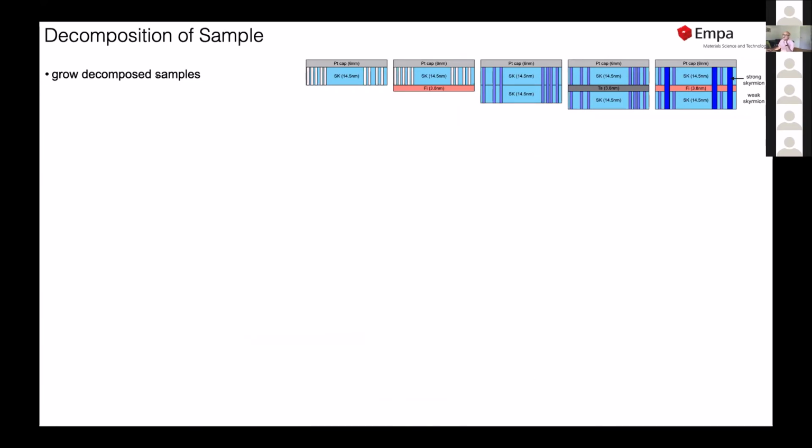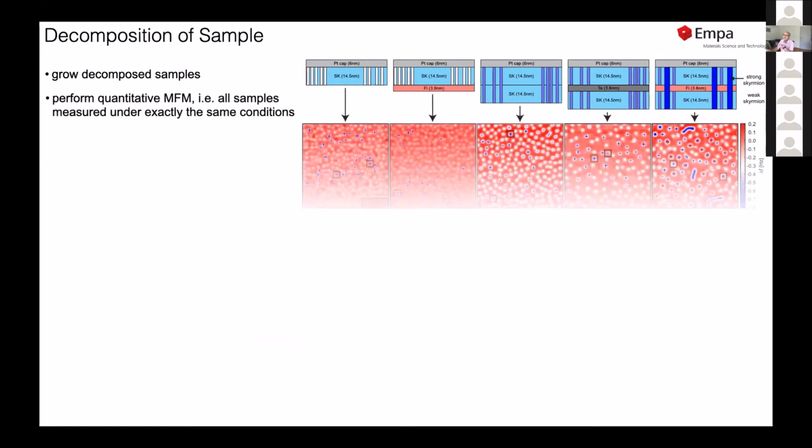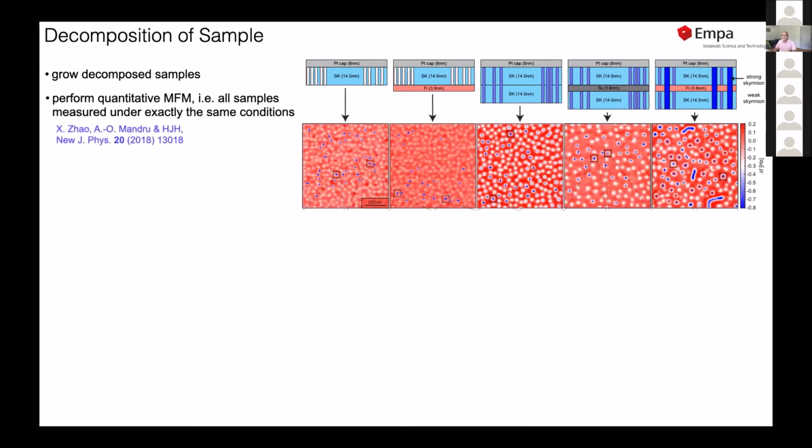So what we have done, we have grown decomposed samples, so samples consisting of parts of our heterostructure. Here only the skyrmion generator on the ferrimagnet, two skyrmion generator layers, a skyrmion generator interrupted by a non-magnetic tantalum layer of the same thickness as in our usual heterostructure sample where we have the ferrimagnet here. And then we do quantitative MFM, quantitative in the sense that we developed a very good distance control method, and